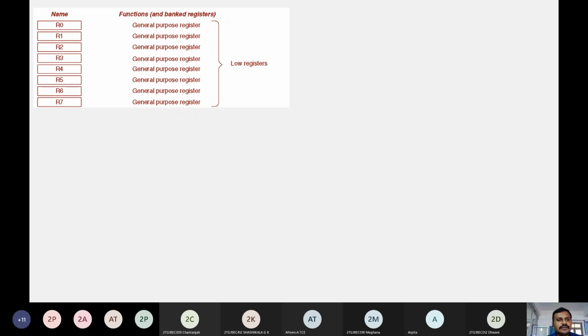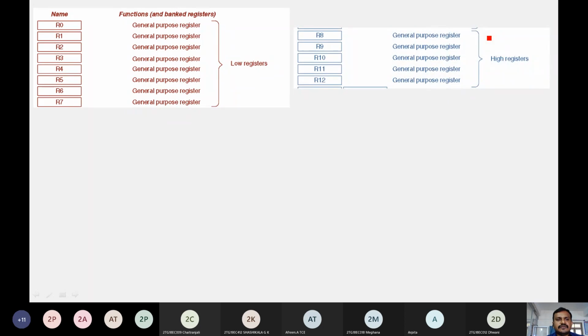Here we find registers named R0, R1, R2, R3, R4, R5, R6 and R7. These are register banks which act as general purpose registers.